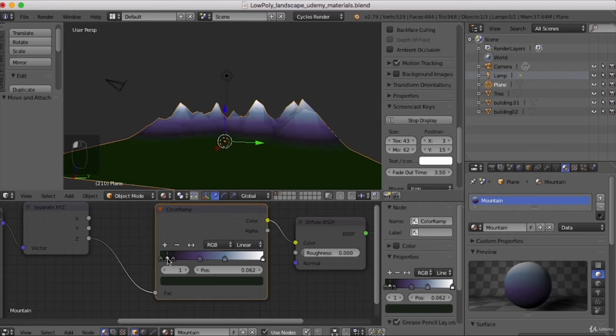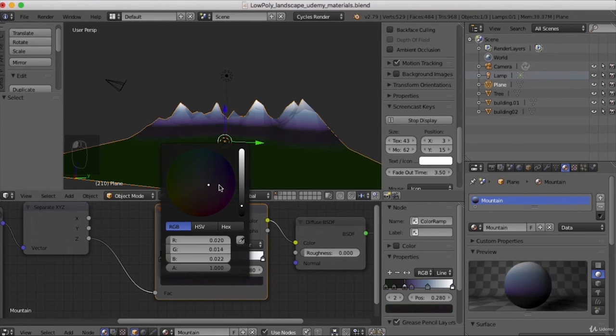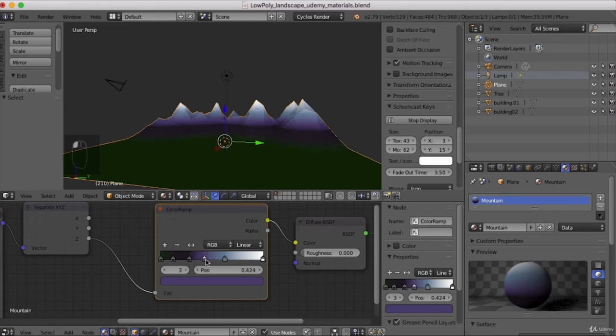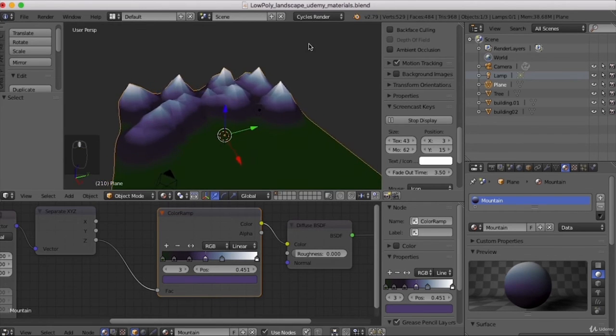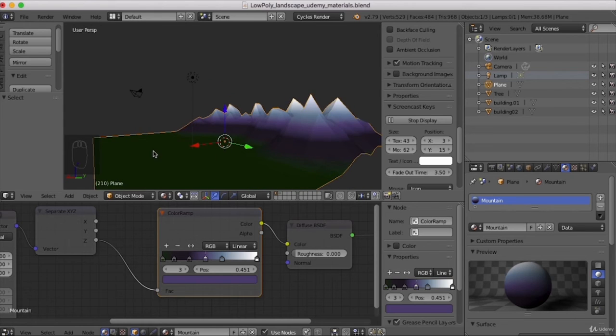Just going to add in... Okay, so once you're happy with your basic colour placement,